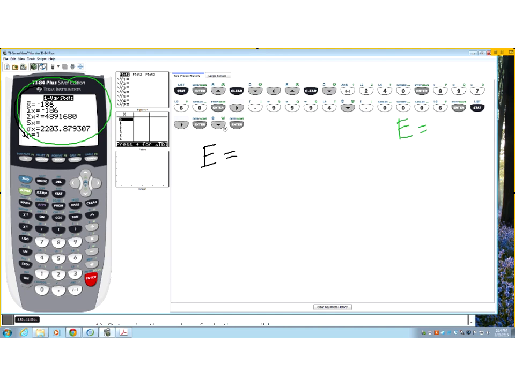Right, you guys remember that the expected value and the mean have the same formula. So on this calculator, although it doesn't say mu, this is the mean. It's negative 186. Again, the calculator gives you X bar, but you're not writing that down. Remember that we either have mu or the expected value. So it looks like